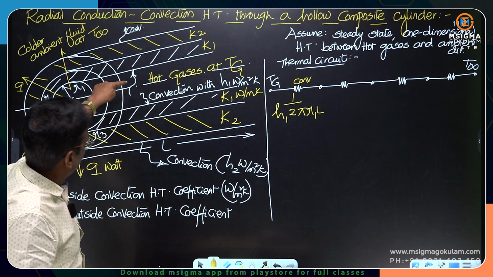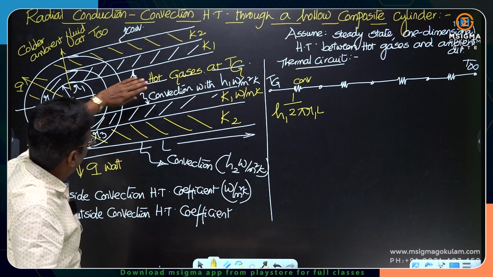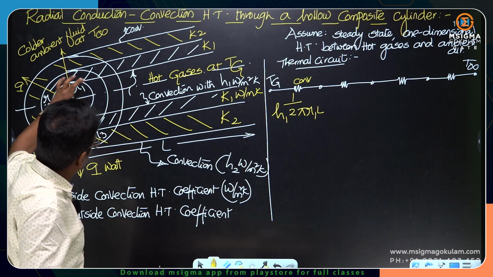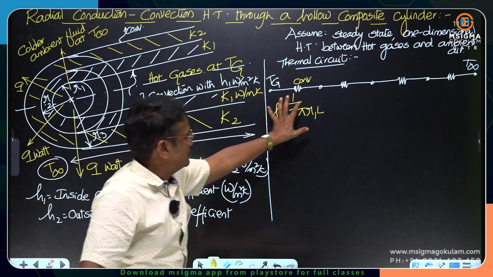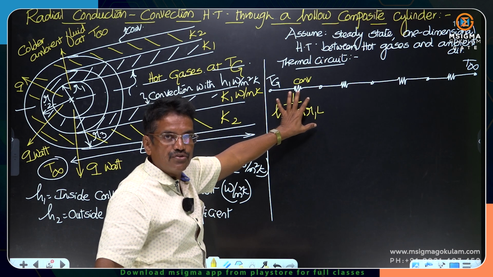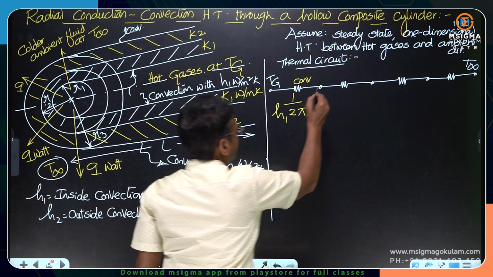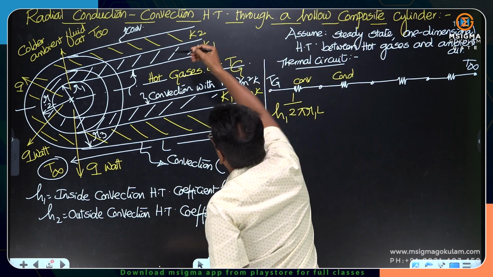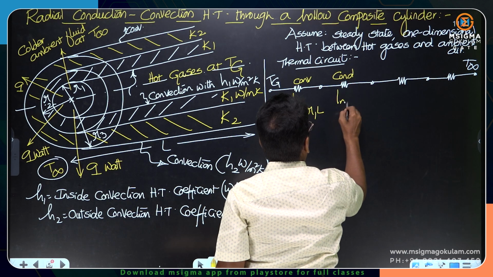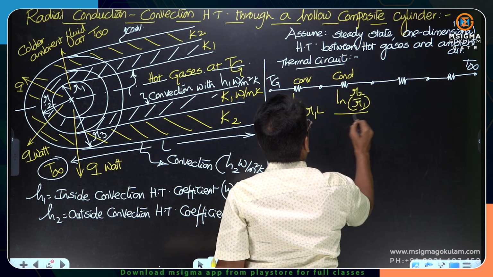This is the convection happening here. This arrow indicates convection. The area of contact between the gases and the inside surface is 2 pi R1 into L. That is this 1 upon hA. The first resistance is the convection resistance, followed by a conduction resistance here. This is conduction resistance offered by the inner pipe material, that is ln R2 by R1 divided by